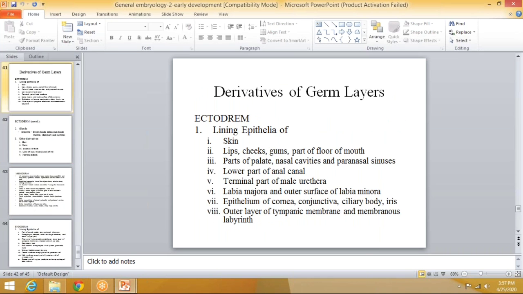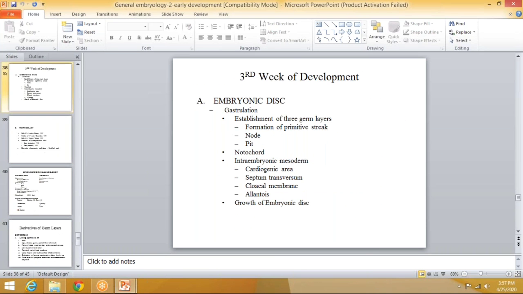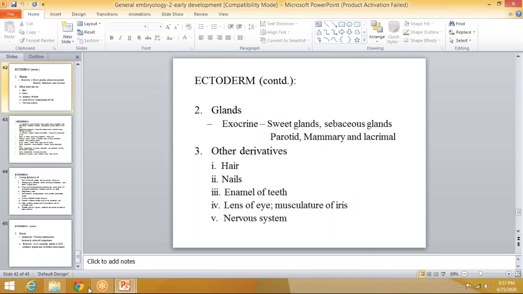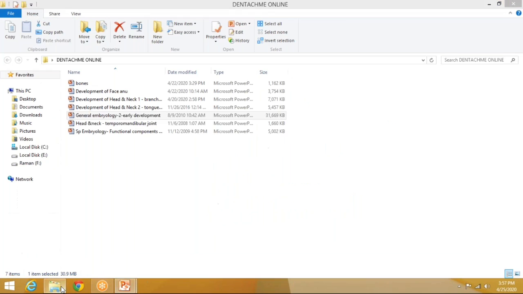So this is the fate of germ layers. It is very important, and so is the fate of your neural crest cells. So next part is, I guess that's all about general embryology and osteology part. Next, we will be discussing the muscles and the joints. So that's all for today's class.